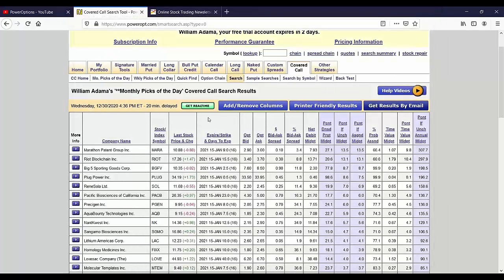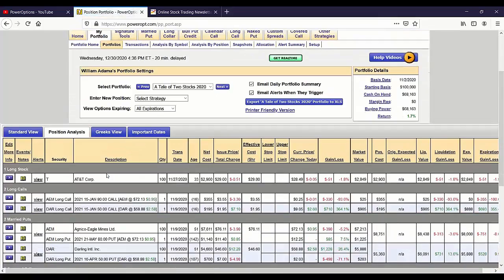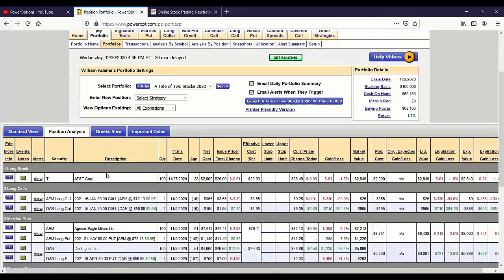There is a video I'll email you later on. It's an older video, and it talks about how to use the price watch alerts, how to set up your own search, and have the results emailed to you instead of just using those particular price watch alerts and morning updates. Now, all that being said, if I do own a stock, AT&T,